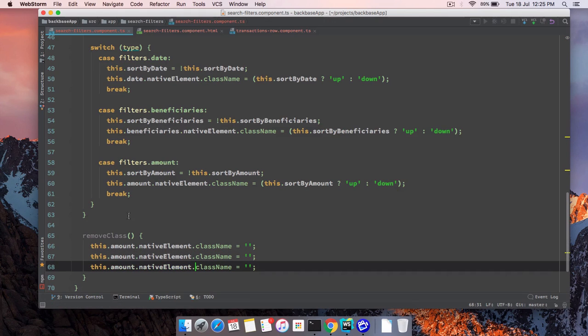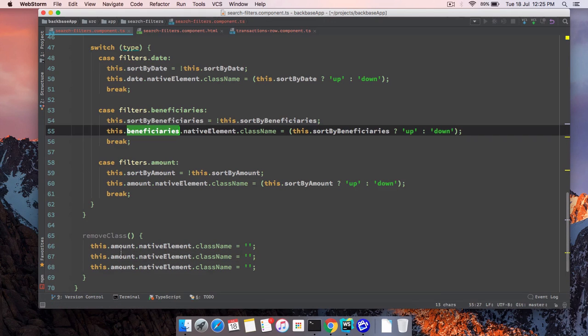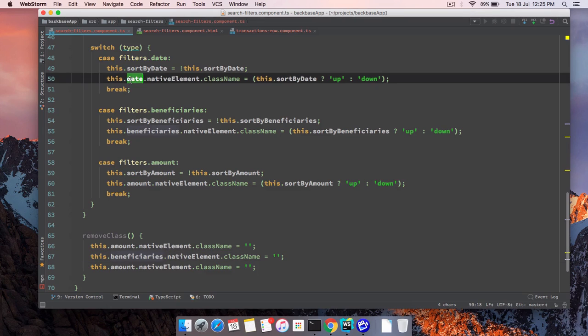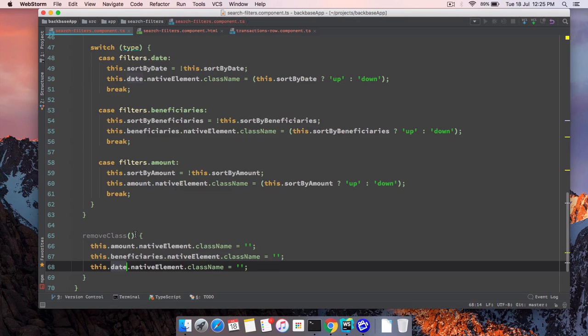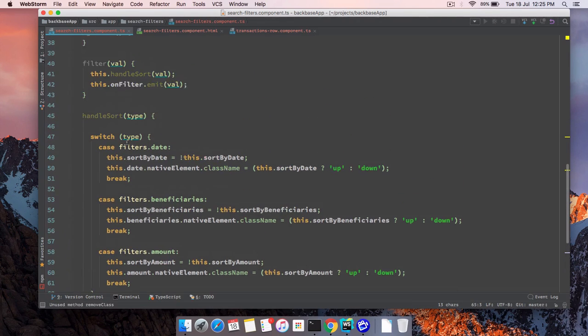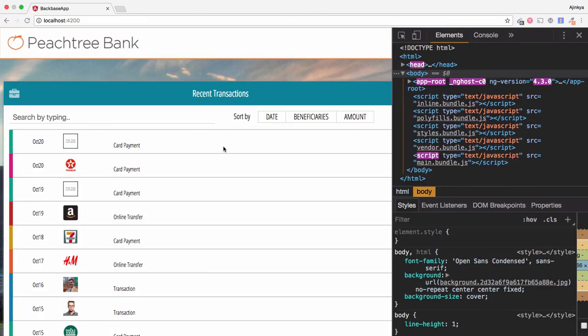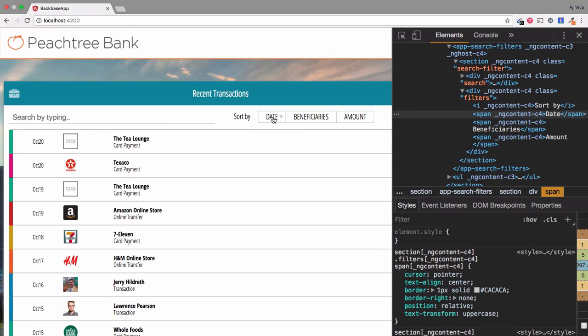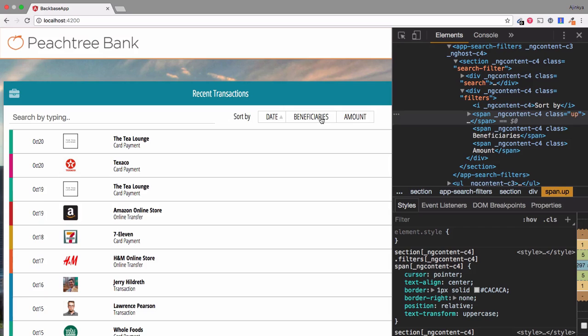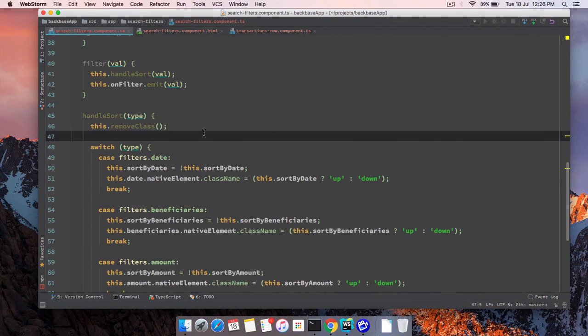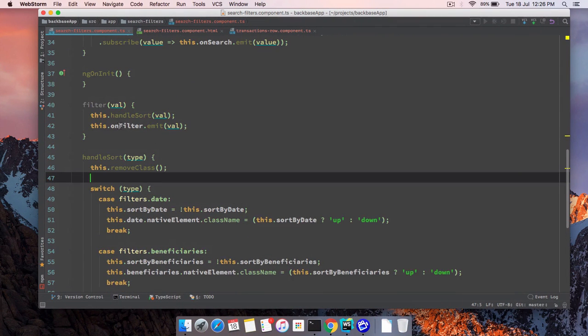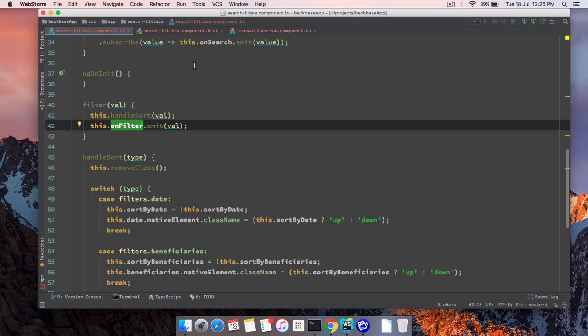and we have to do it for the rest of the buttons. And just simply call this function inside handle sort. That's it. Let's check how it works. So if we click, date works. Now if we click on beneficiaries, everything's working fine. Now the only thing remaining is we have to handle the on filter event inside the transactions